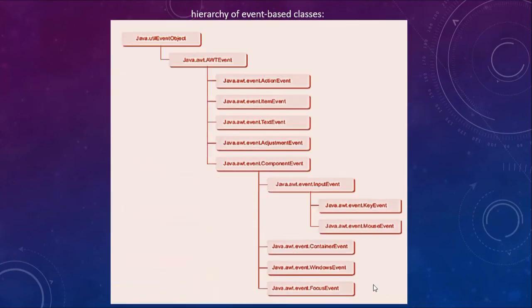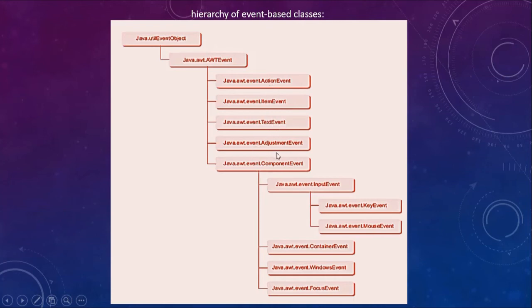So this is a brief hierarchy of event based classes. The java.util package has the EventObject class. Then from the EventObject class, there is the AWTEvent class, which is present in java.awt. From this AWTEvent class, there are different event classes: ActionEvent, ItemEvent, TextEvent.